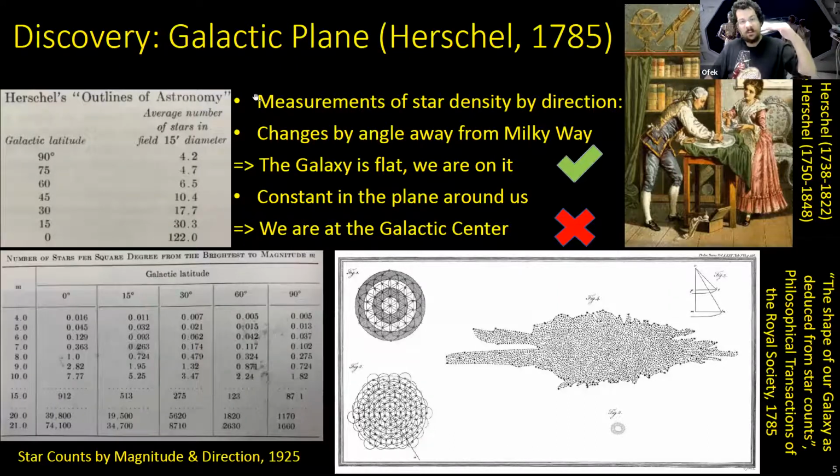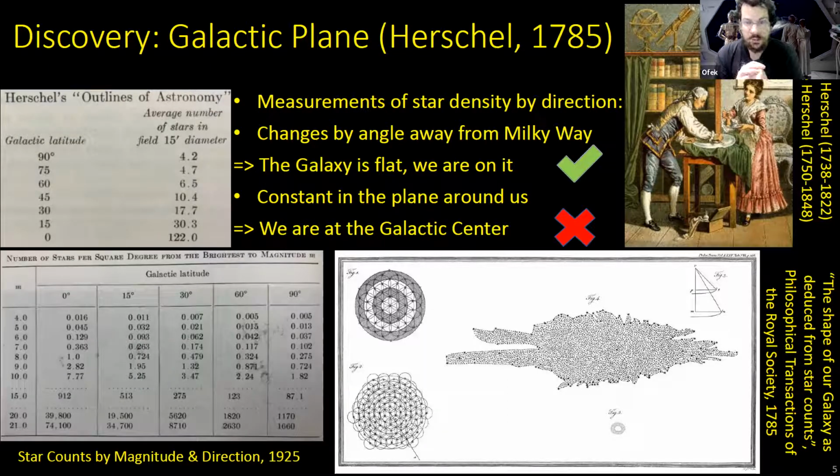And if we look into the plane, then as you look into the depth of the plane, you have a lot farther to go. You'll see many more stars. Then if you look perpendicular to the plane, going out, very quickly you'll look outside of the galaxy, and so you won't see anything anymore. You'll see a lower density of stars. So this is how Herschel concluded that the Milky Way was a galaxy. We were in it, and it's flat in shape. That was correct: the planar structure of the galaxy.